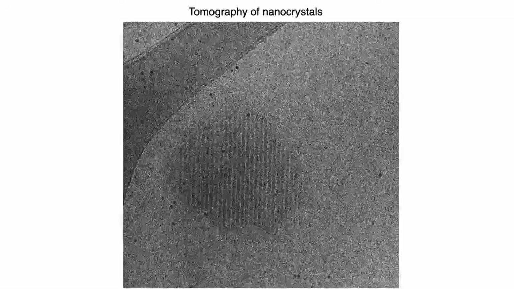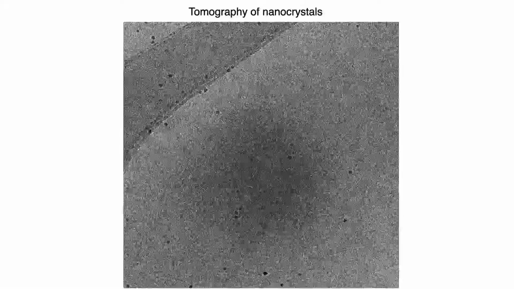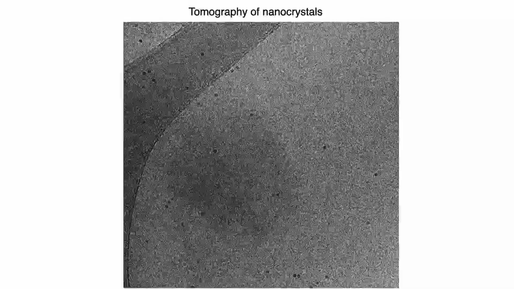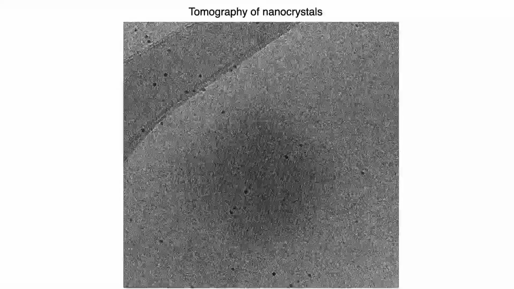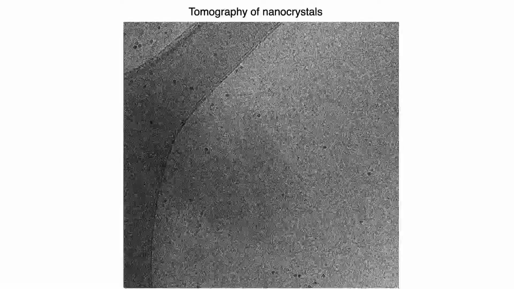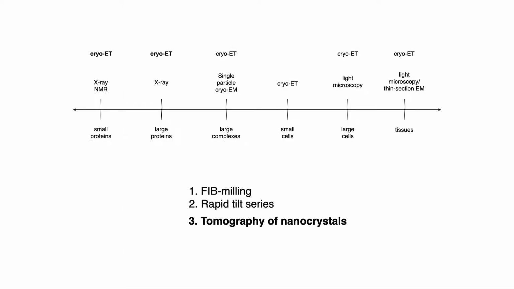Finally, this is a tilt series we took of a tiny little crystal. The kind of crystals, they're actually even smaller than what Tamir Gonen is looking at with micro-ED. We call it a nanocrystal because it's only maybe 50 nanometers across, 100 nanometers across. And here's the tomogram of that where you see the individual unit cells. I think there are some real technical hurdles to be overcome, but I believe that this will be a good way to understand the structure of large proteins and small proteins through tomography of tiny little crystals